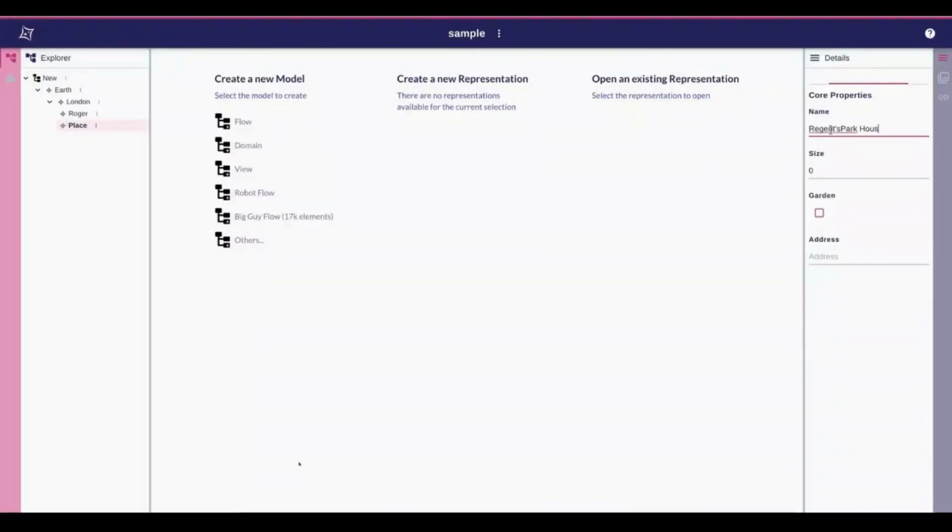Which would be the region Spark House. I can set the attributes from the details view. I can say that this place has a garden. I can put the address of this place, which would be 42 Regents Park Avenue. And directly, without having to create any